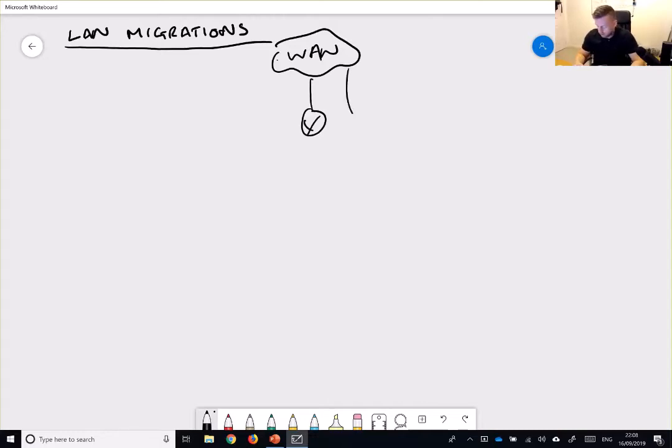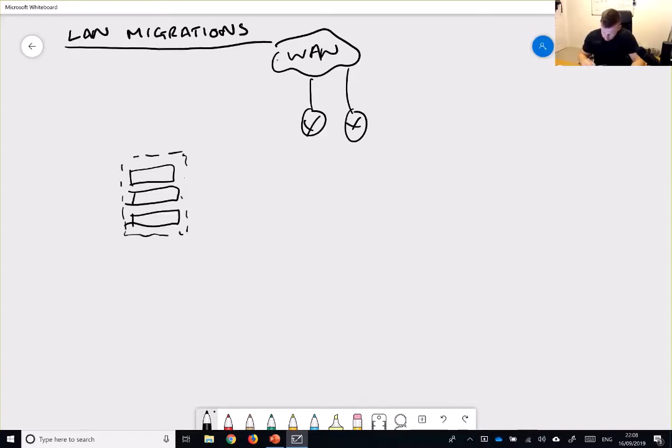Well, actually, no. Let's make it dual because it makes more sense. So typically, what we would have over here is something along the lines of, I don't know, let's say we had a switch stack at a site. That's a switch stack, and it has links like that to the WAN routers.